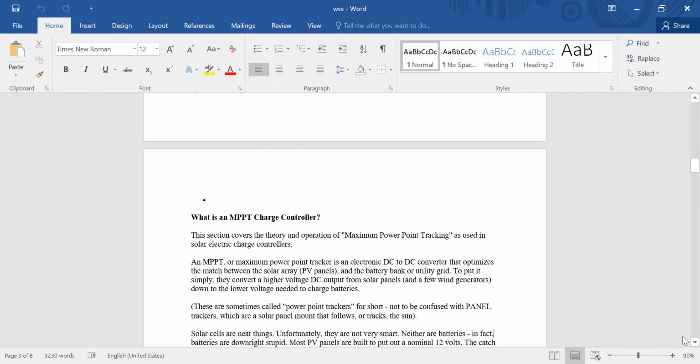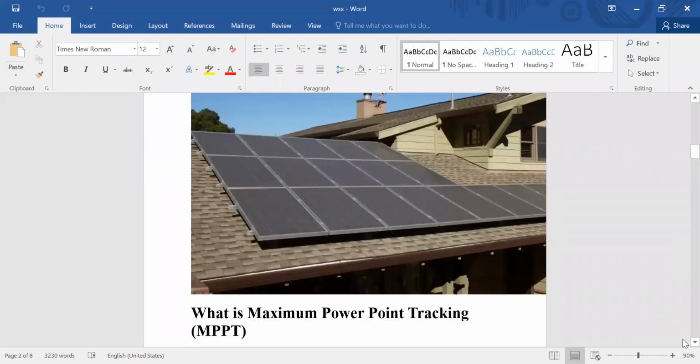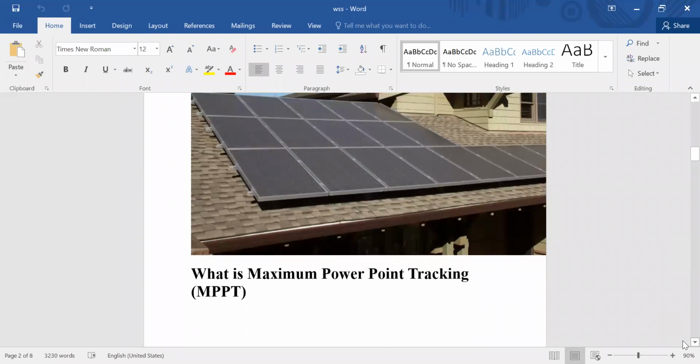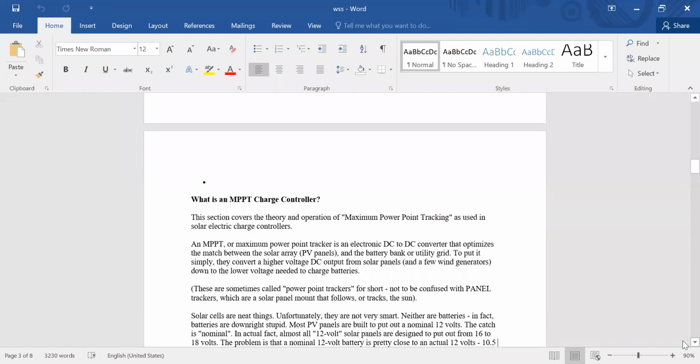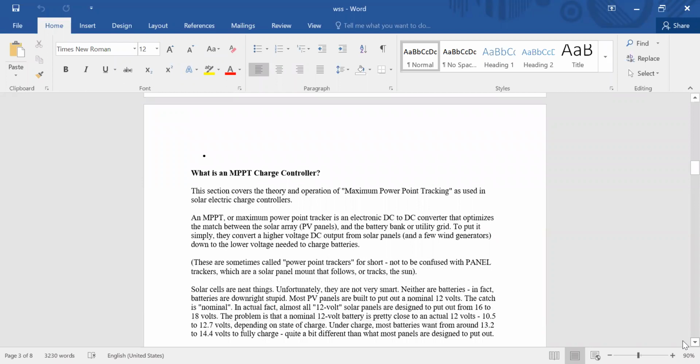So when we say MPPT, it's a maximum power point tracker. It's an electronic DC to DC converter that optimizes the match between the solar array, that is the photovoltaic panels I already showed you, and the battery bank, or we can say the utility grid.